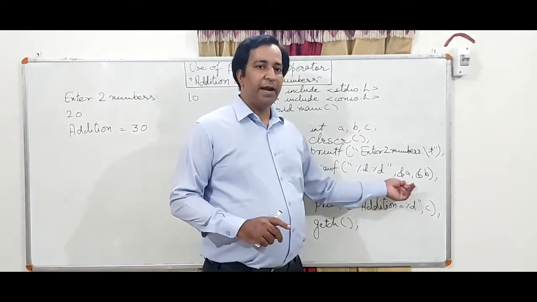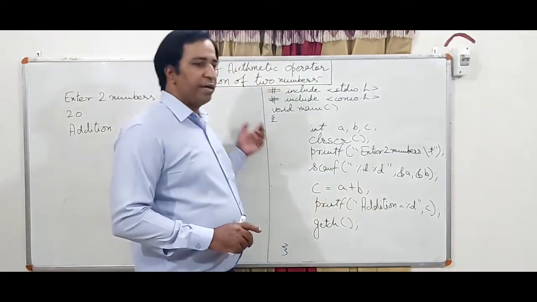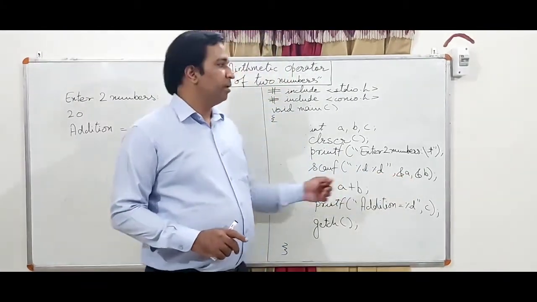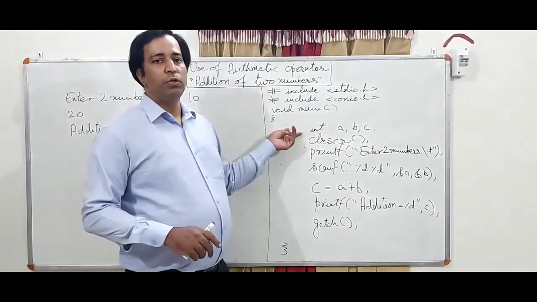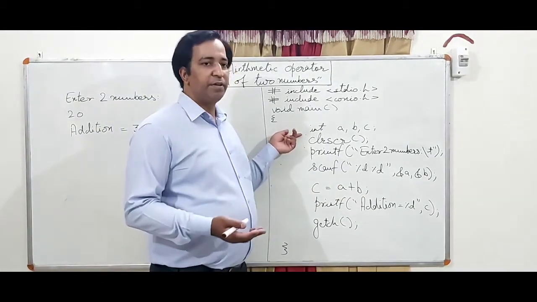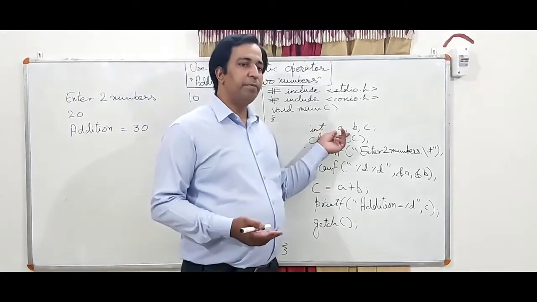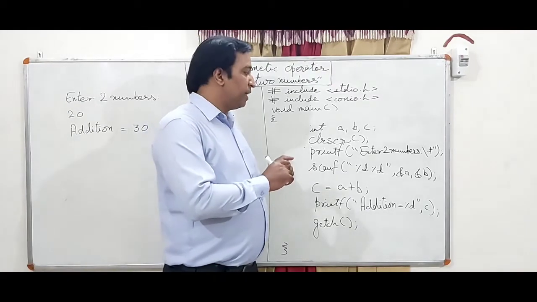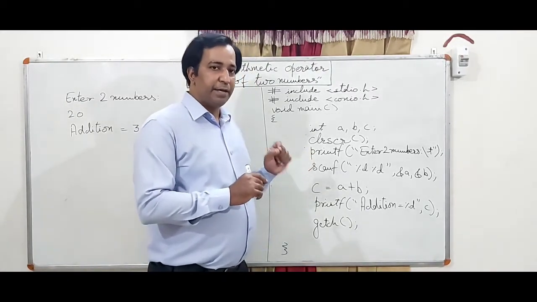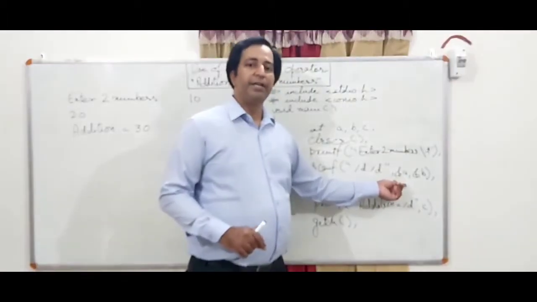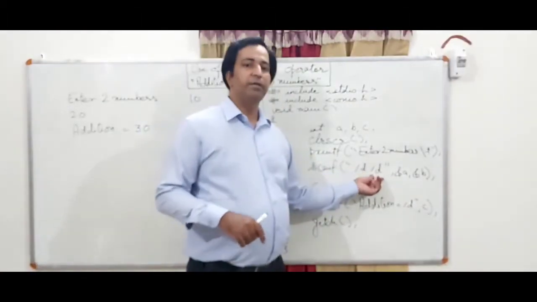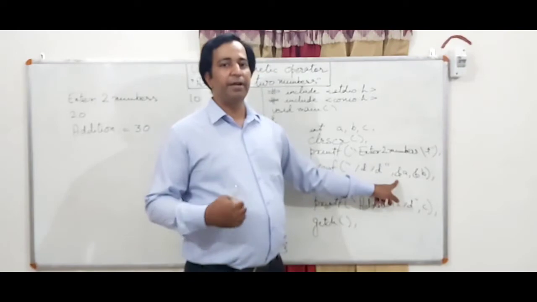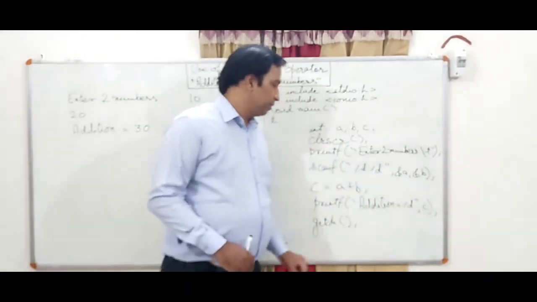The purpose of writing & is that the value fetched from the user screen should be sent to the address of A, right? What happens at the back end is that as soon as you create or define a variable, that variable is given an address in the memory space. The value of that variable will be stored at that address. So that is why we are saying address of A, right? And the second value should be sent to the address of B. So this is the significance of writing address of A or address of B, right?